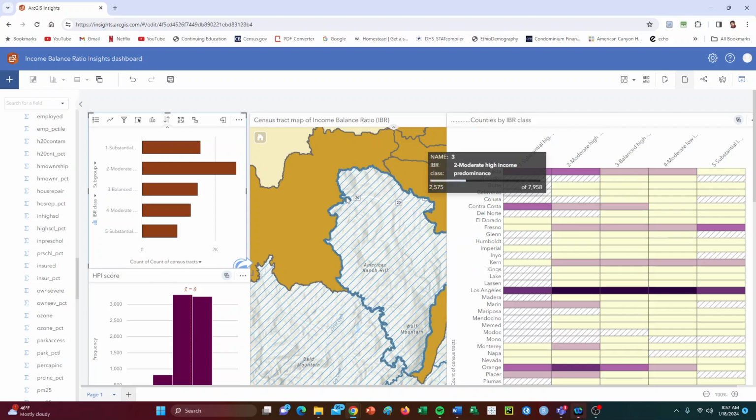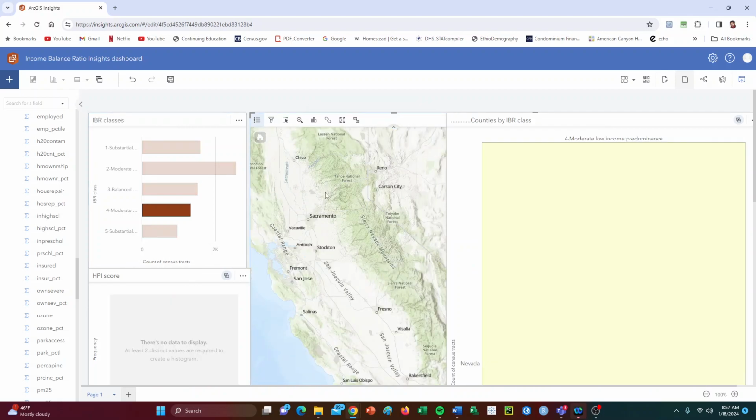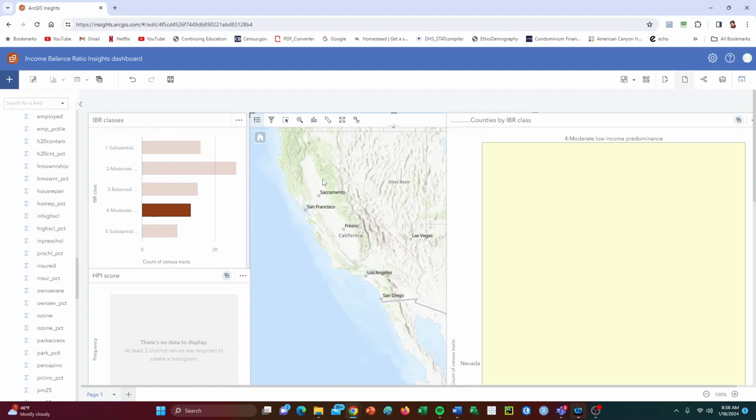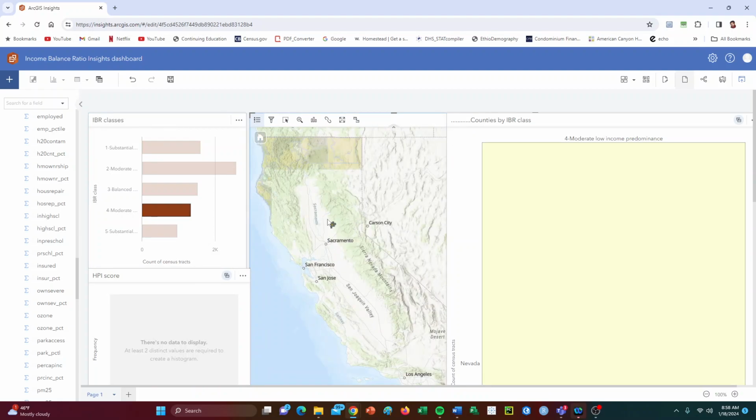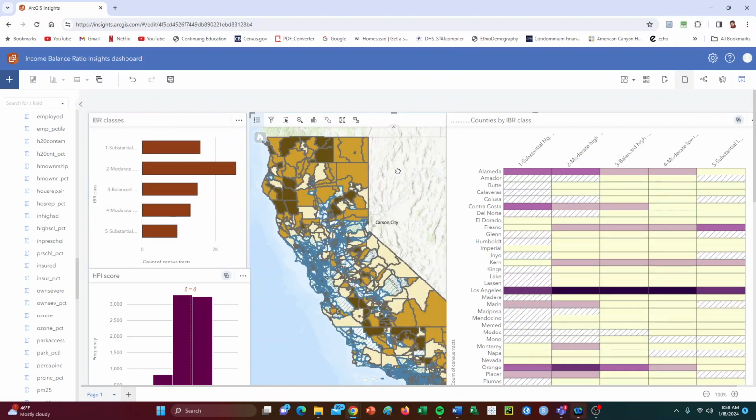For example, if we wanted to create regional information for Northern California, you go out to the zoom tools, and then